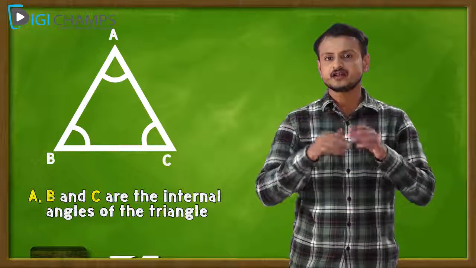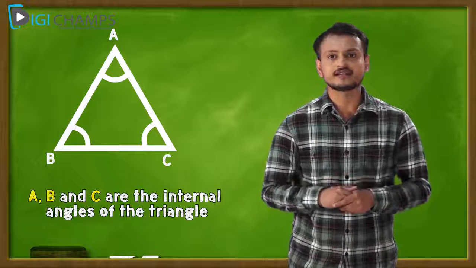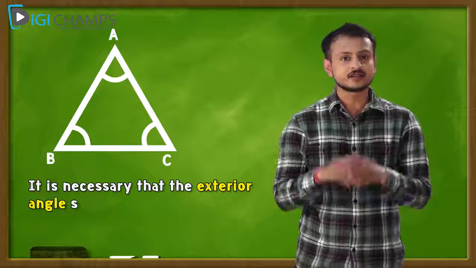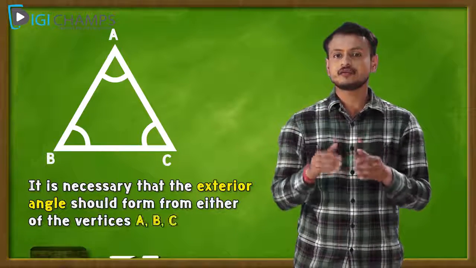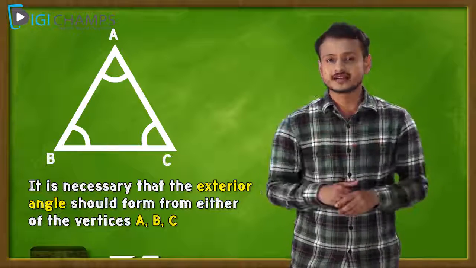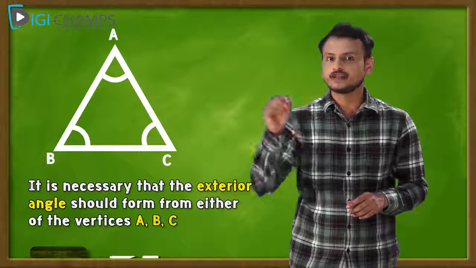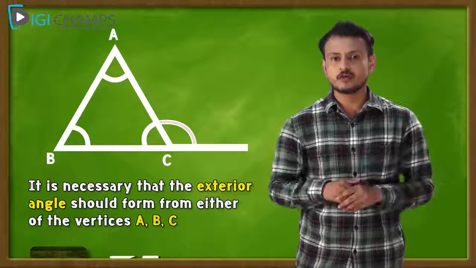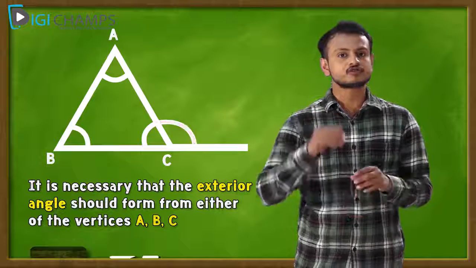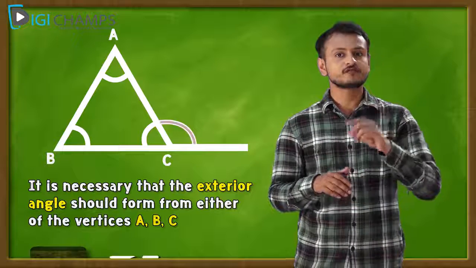So to be an exterior angle, it is important that the angle should be formed by the sides and vertices of the triangle. So it is necessary that the exterior angle should be formed from either of the vertices A, B or C. Suppose I extend one of the sides of ABC. Suppose I extend the point C. So the angle which is formed outside the triangle is the exterior angle. And you can also observe that the angle is formed on vertex C and also from the sides of the